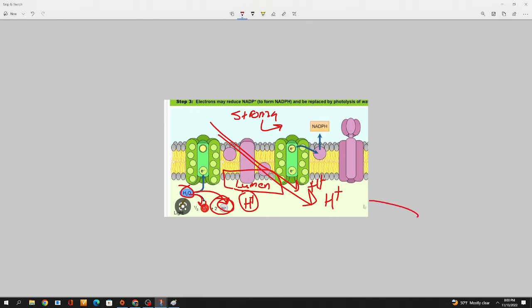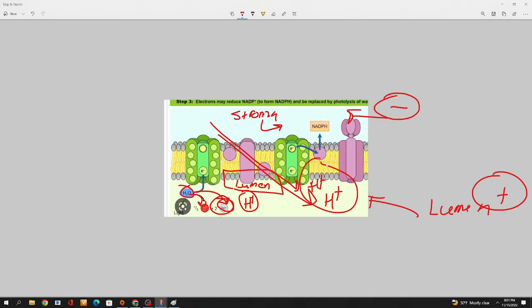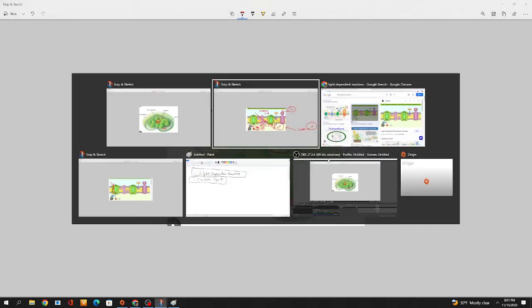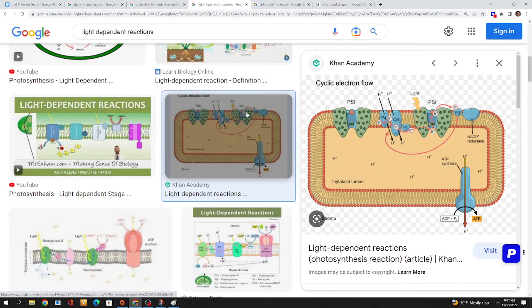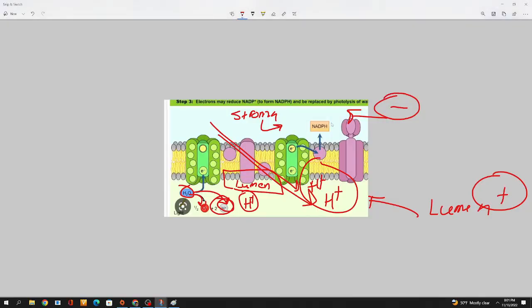Anyways, you create a very positively charged lumen. The lumen is positively charged, and this region is going to become negatively charged, the stroma. And much like how H+ wants to go down its electrochemical gradient, the same thing is happening in this case as well. The H+ within the lumen wants to go into the stroma because it hates being positively charged. It hates the high concentration of it all. So what ends up happening is that it goes into this ATP synthase, it turns the wheel, and it forms